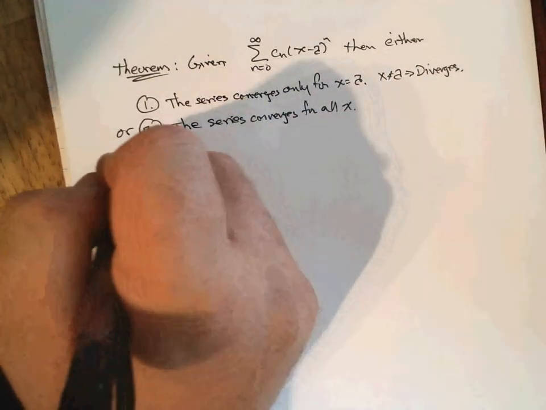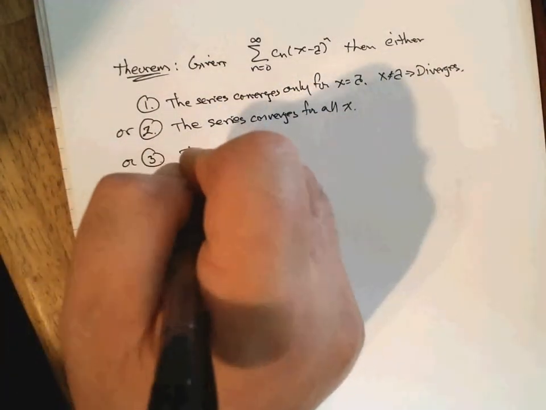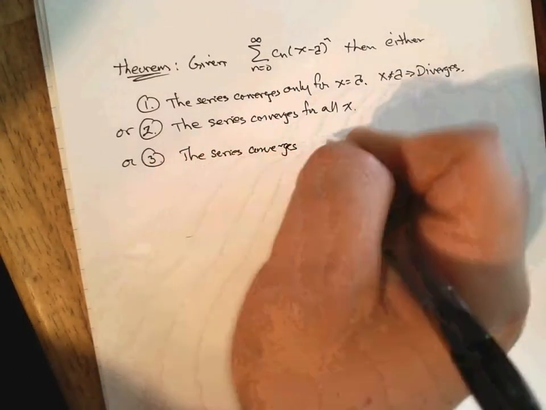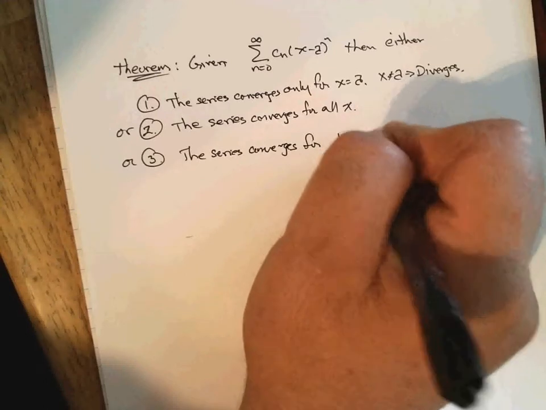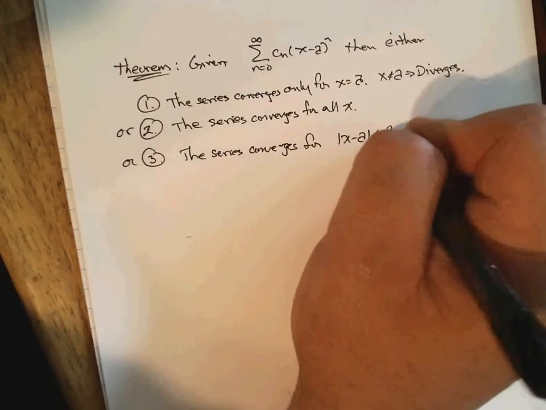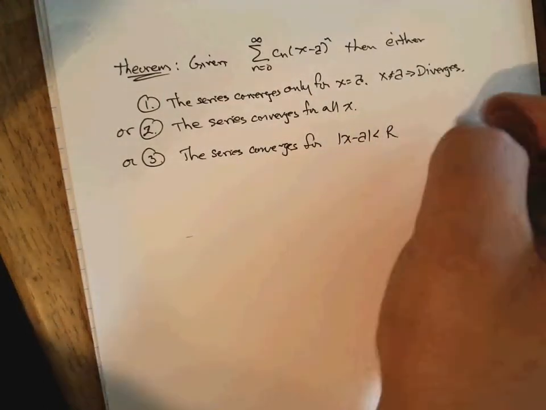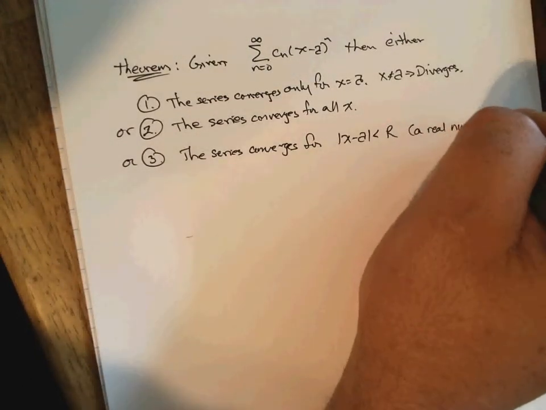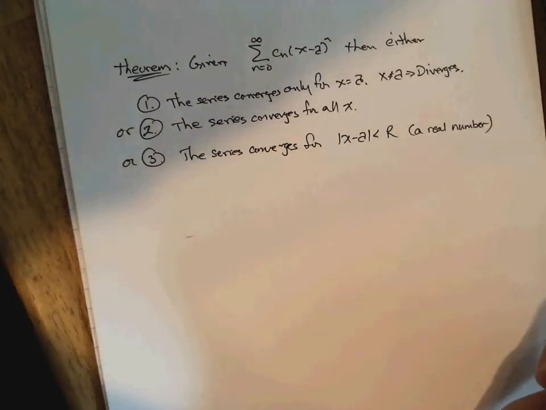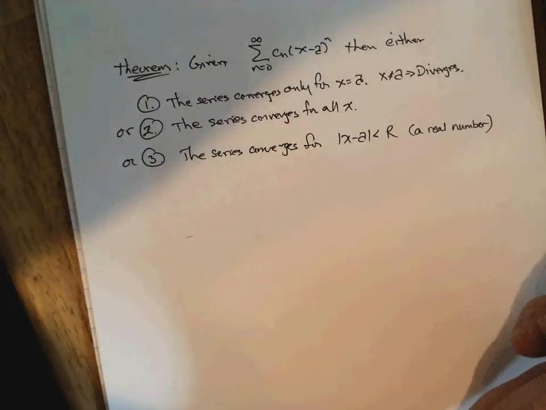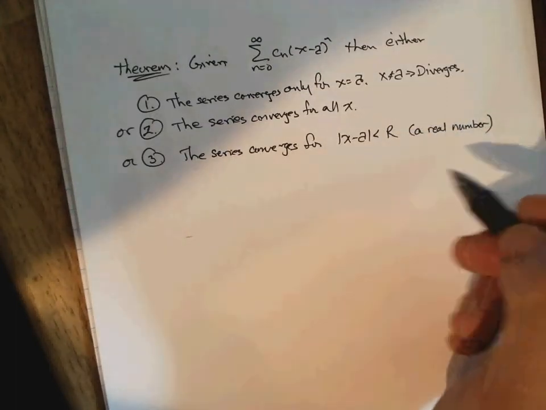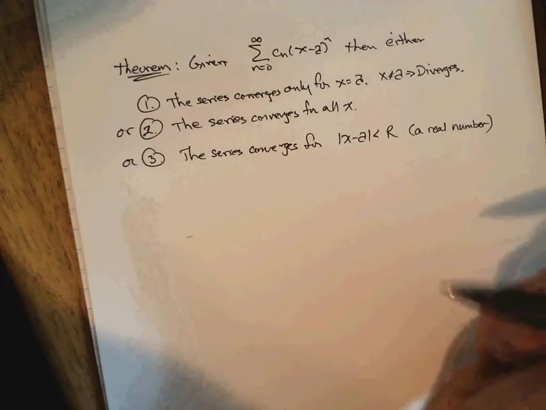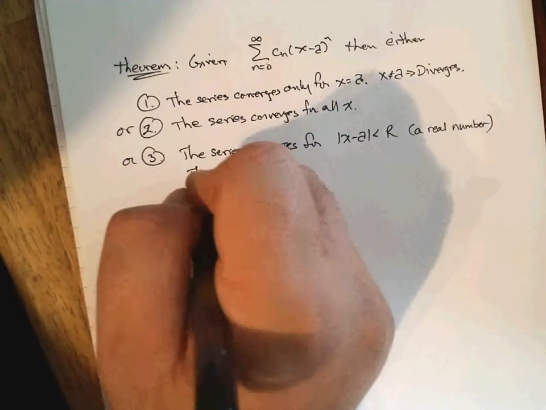Now the third possibility is the series converges for the absolute value of x minus a less than some value r, where r is a real number. And we don't use the letter r because r stands for real number. In fact, r is going to be standing for the radius of the interval of convergence, as we'll define in just a minute. Okay? The series diverges